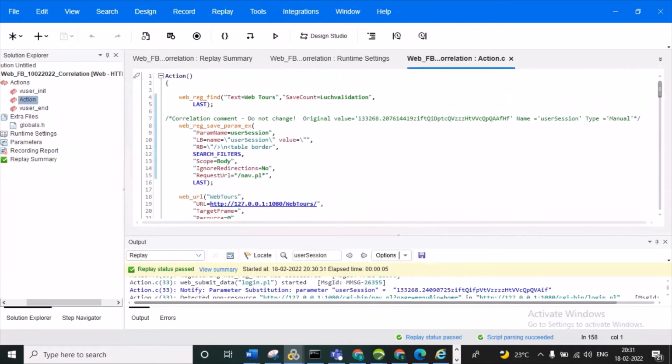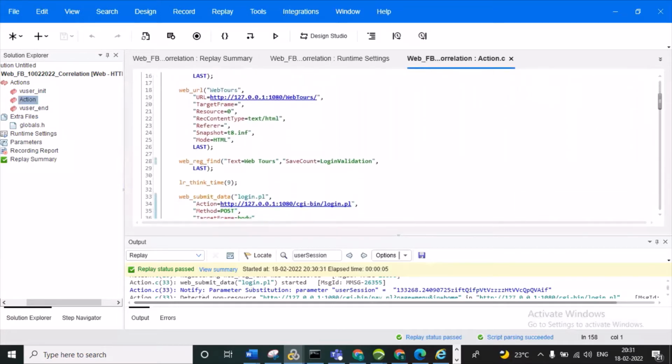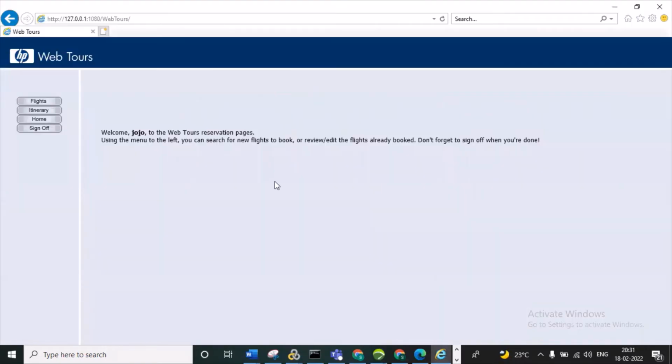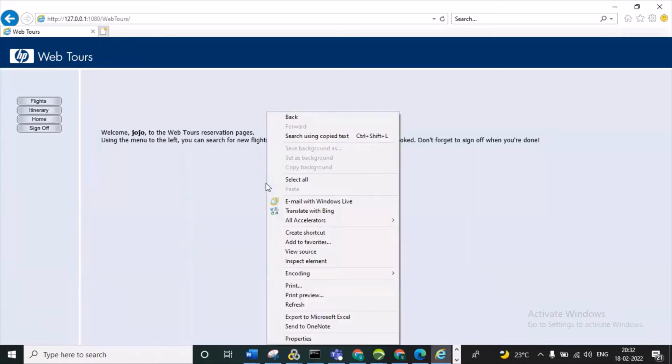Hello. As you said, the web tours text is repeated 4 times. If we check manually, can we check it? Yeah, in the web browser, one is the heading and another is after that, 2 times and another 2 times. Yes, it will also take from the page source code. Okay, in the page source it will also be there. We can go there and you can see it also.